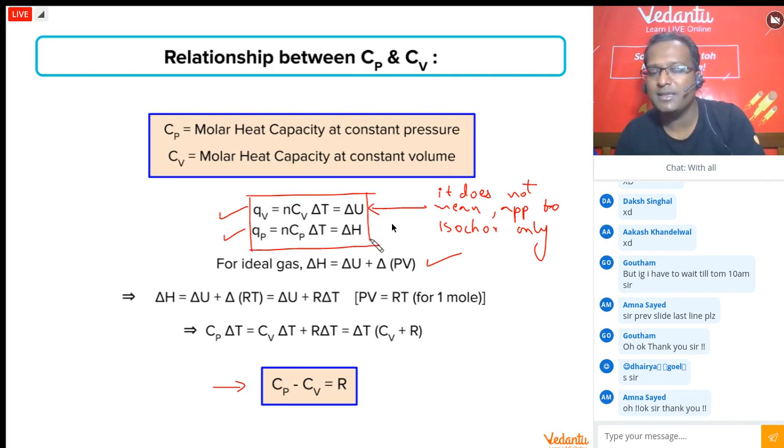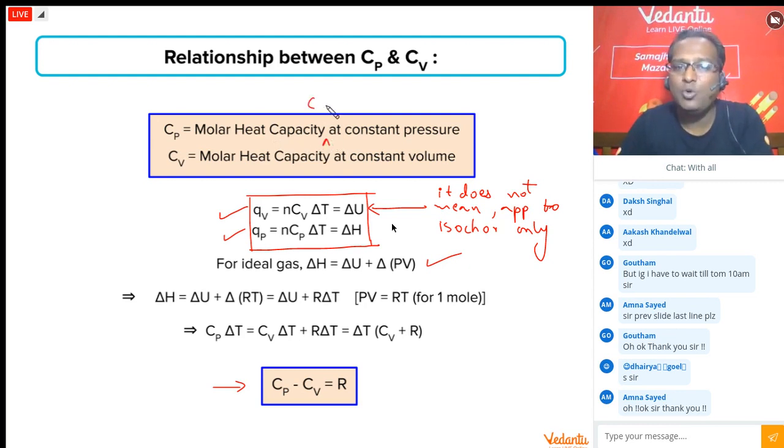But sir, last lecture में आपने universal formula कुछ और बोला था. Hold on to your horses, I will relate it. Delta U ka this is now your universal formula. Delta H ka this is now your universal formula. But sir, how? CV means heat capacity at constant pressure. No, it does not. Cp means heat capacity calculated at constant pressure.